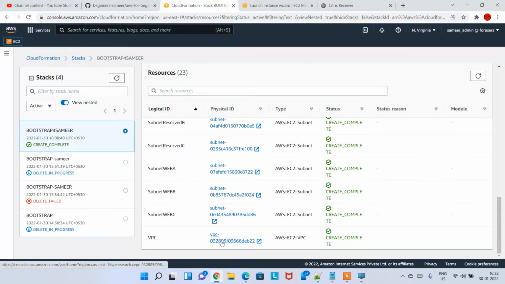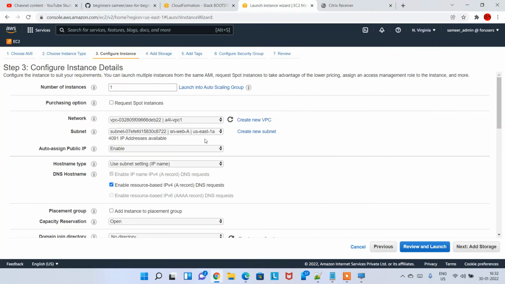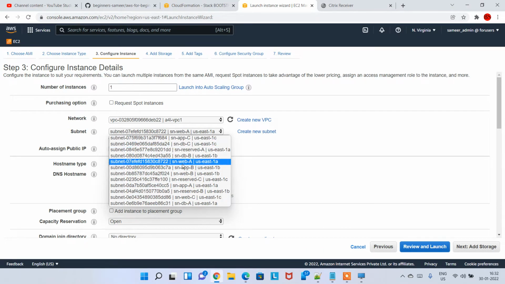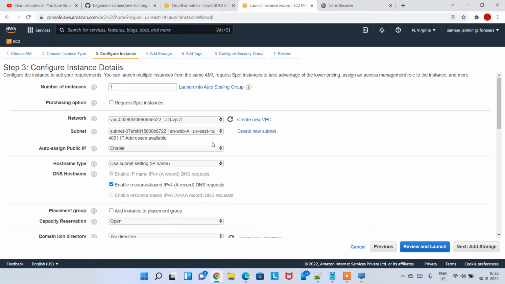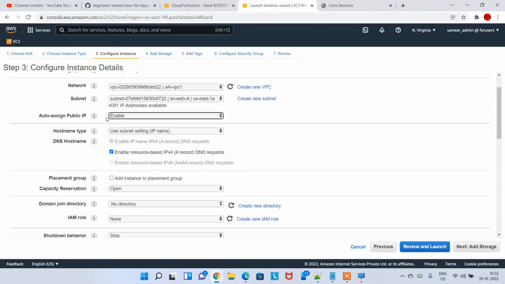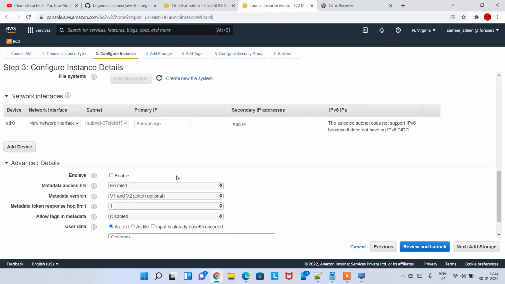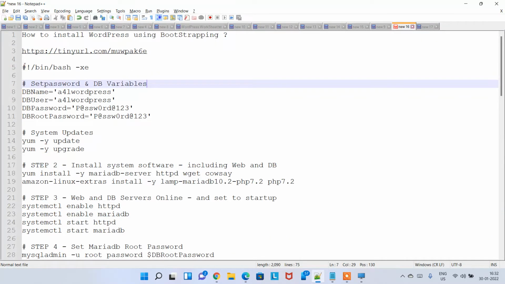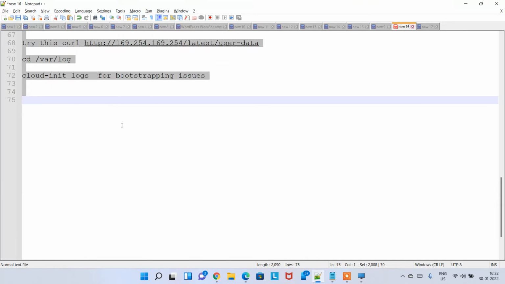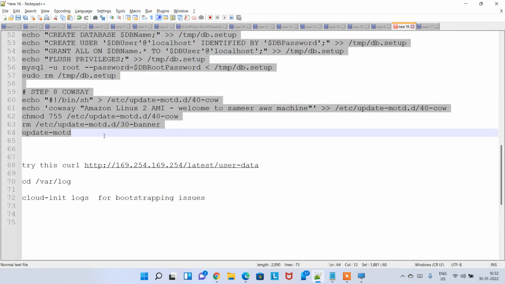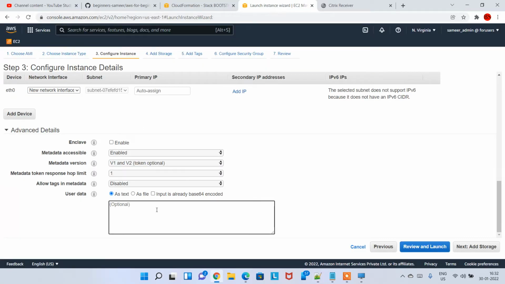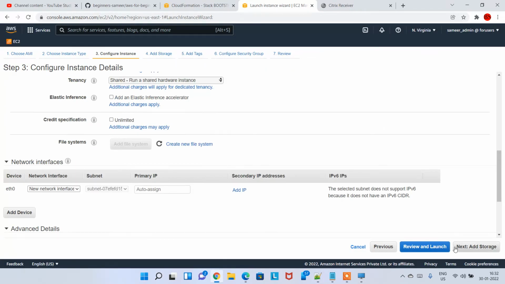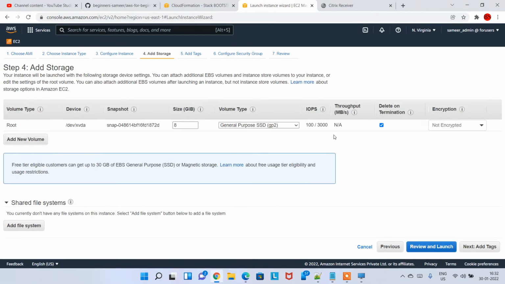So you can always verify the VPC ID here, and subnet, always choose subnet web A, web application A, US East 1A, and make sure that public IP is enabled, and then scroll down, and here you have to add the user data. So starting from #!/bin/bash -xe, then scroll down till here. Okay, cowsay. So copy this and then paste it here, and then hit on next, add storage, and then